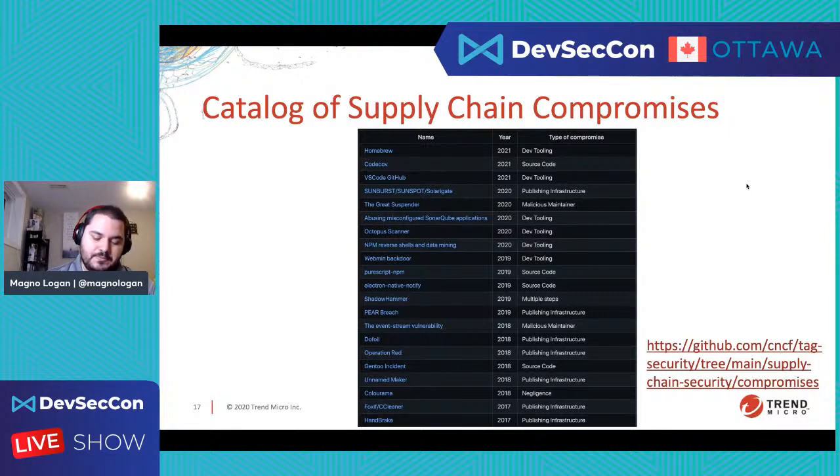And we specify what type of compromise it was, whether it affected the infrastructure, a developer tool, or the developer itself, right? There have been attackers that targeted the developer machine to compromise an organization, right? So these are just some examples for you to look at, see what happened, understand how the attack took place, and understand how you can prevent that from happening in your organization as well.